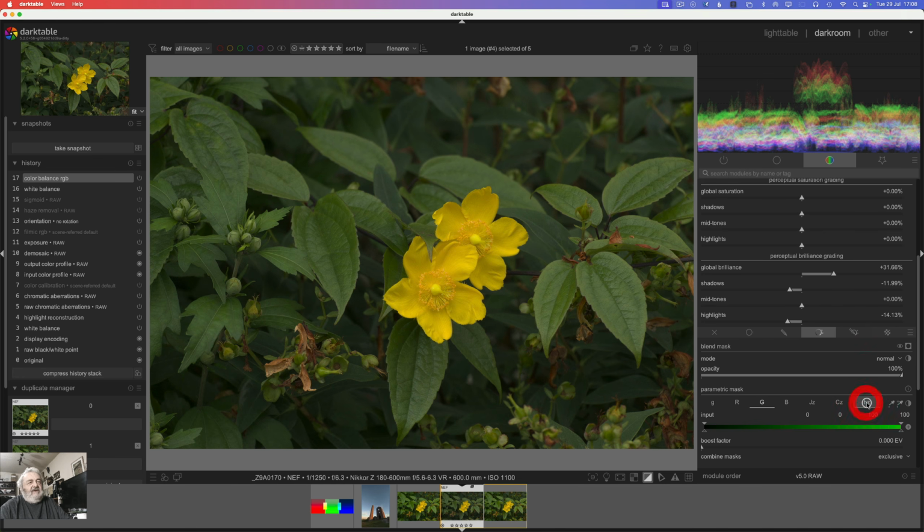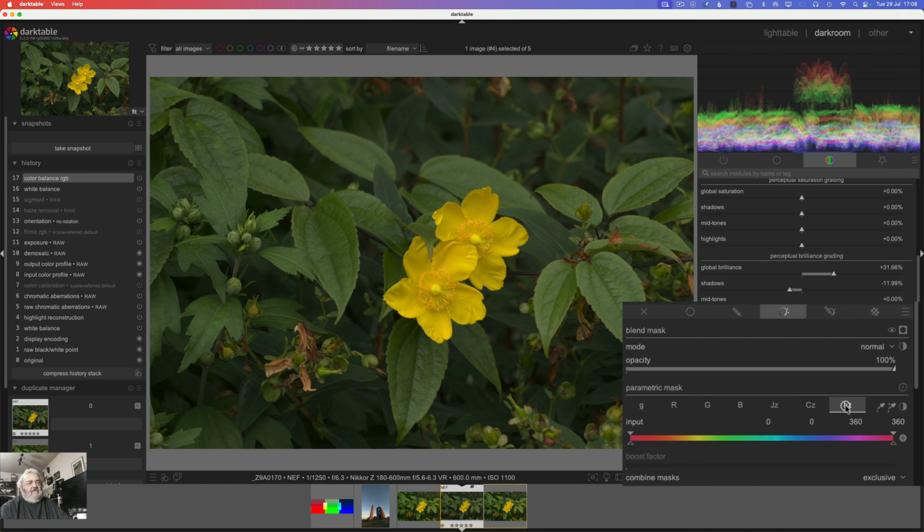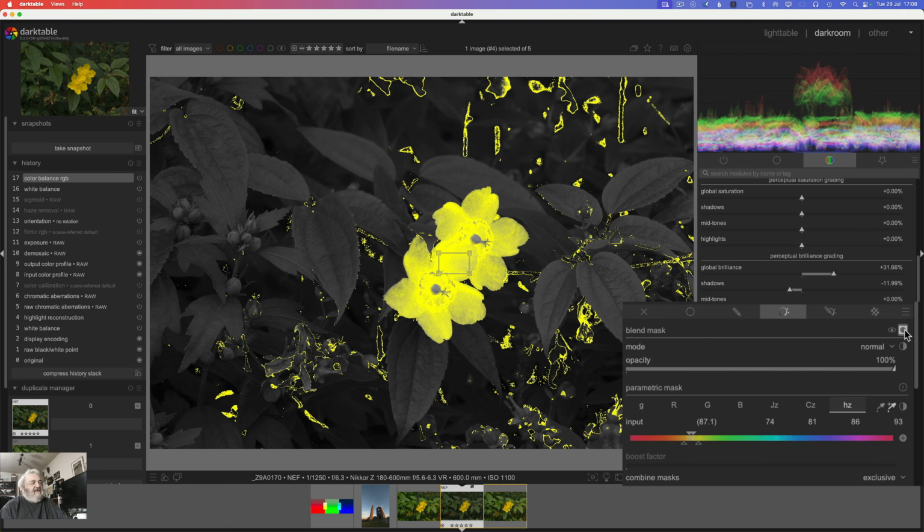So what are we going to do? I'm going to come to HZ, the hue channel, and I'm just going to get my little selector, and I'm just going to draw a little box in there, and it will go like that. Okay, and we will go and visualize said mask, and you can see said mask has got some dark bits in it,